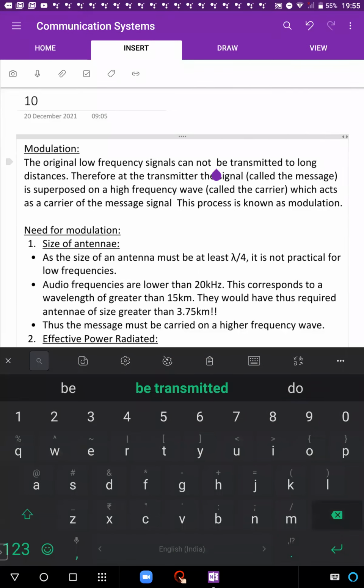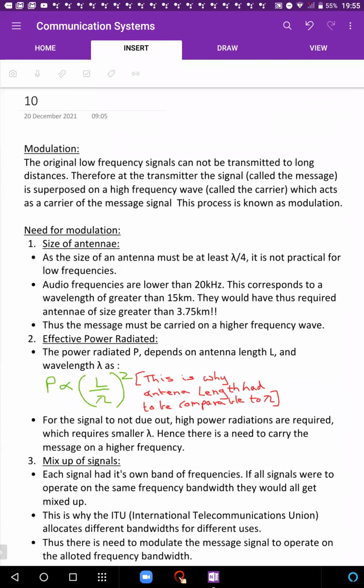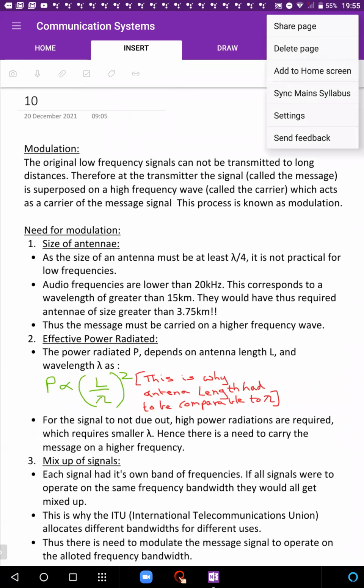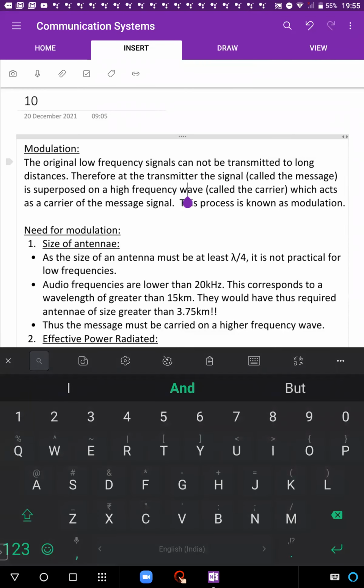Therefore, at the transmitter, the signal called the message signal is superposed on a high frequency wave called the carrier, which acts as a carrier of the message signal. This process is known as modulation. Now,